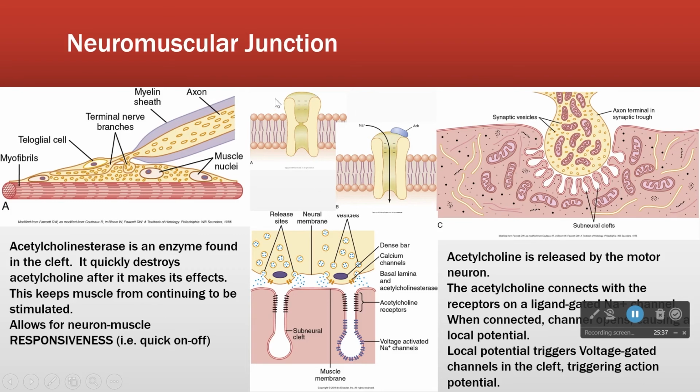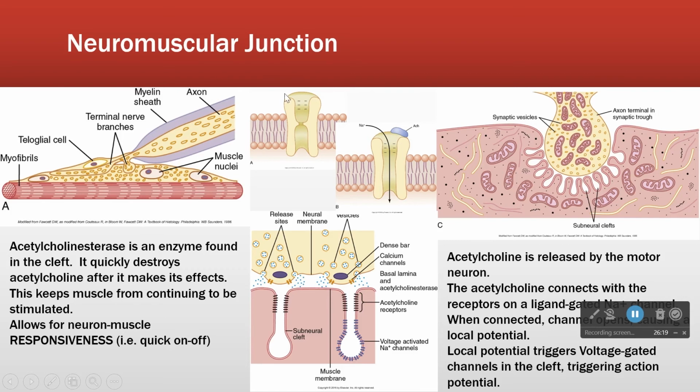Okay? Well, when this axon fires, in other words, when the lower motor neuron is activated, this axon is going to release acetylcholine from its terminals. It's going to release that acetylcholine in response to calcium entering the cell again. There's calcium again, right? So calcium enters the cell. That triggers the exocytosis of pre-made neurotransmitter. That neurotransmitter crosses the cleft, the little gap in between, and it activates channels that look like this on the